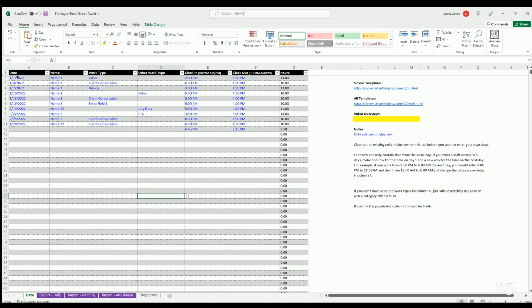They could enter their data here, their clock in and clock out times and the date, their name, etc. If you trust that, and they fill it out, and then they send you back their sheet, you would just take the data tab from their sheet, copy it, and then go into your master workbook and paste it in. So for example, let's say